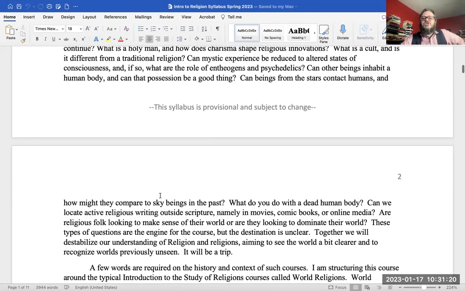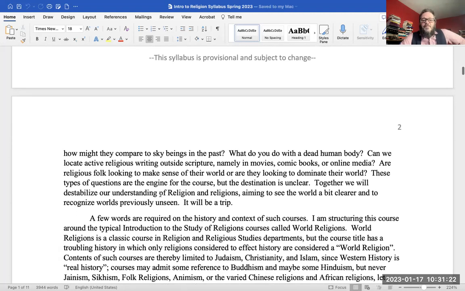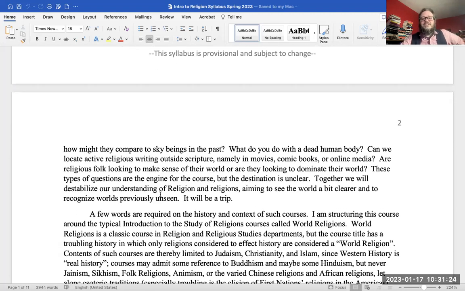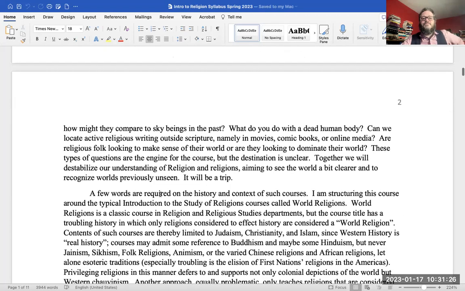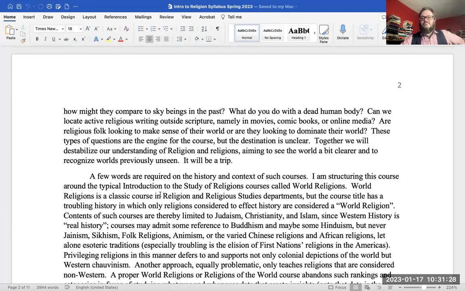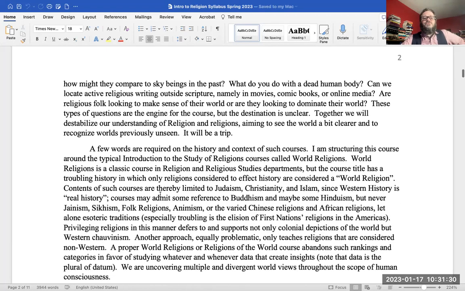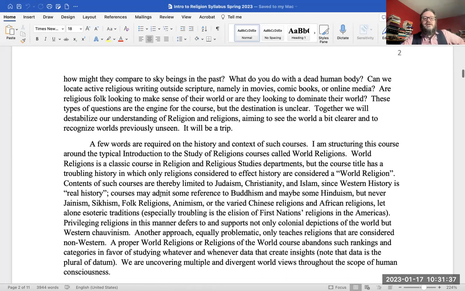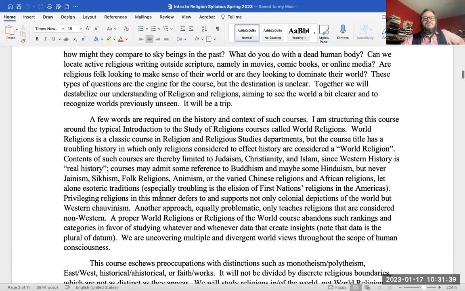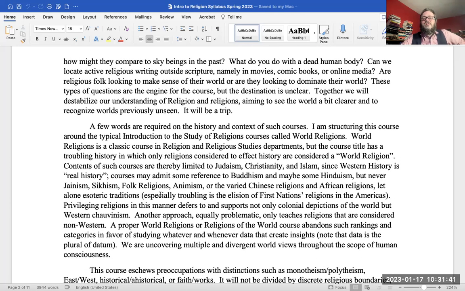Can beings from the stars contact humans? And how might they compare to sky beings in the past? What's the difference between an angel and an alien? What do you do with a dead body? Can we locate active religious writing outside scripture, namely in movies, comic books, or online media? I will argue yes. Are religious folk looking to make sense of their world, or are they looking to dominate